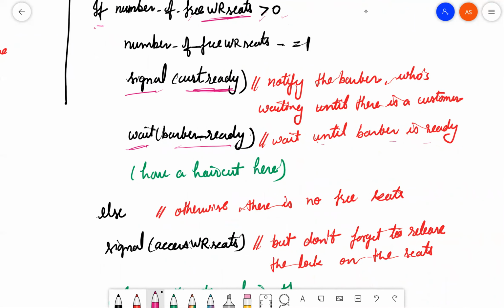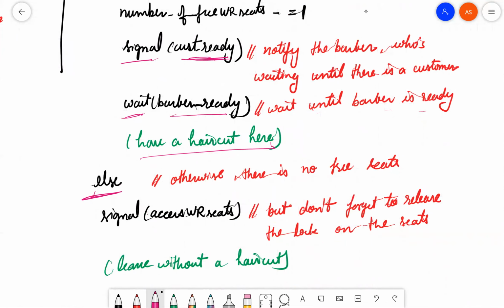Okay, if the barber is ready, then have a haircut here. This is the case if there is a vacant seat in the waiting room. If there is not a vacant seat in the waiting room, then we will come to the else part. In the else part, otherwise there are no free seats, then signal access WR seat, but don't forget to release the lock on the seats.